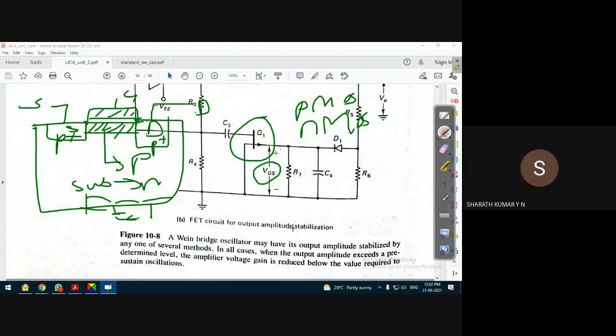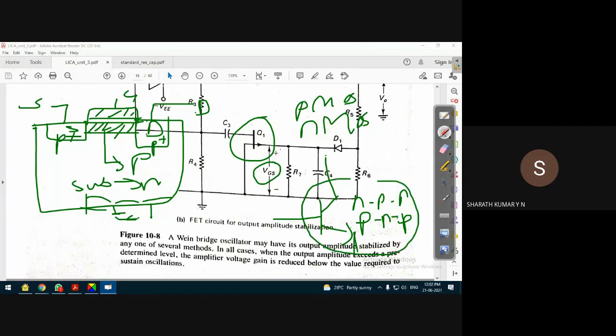For example, in a BJT transistor also, how do we identify the transistor as an NPN transistor or a PNP transistor? Anybody in the class, guys? For a FET, how to identify it as a PMOS or an NMOS? For a MOSFET, this arrow indicates the path of the current.